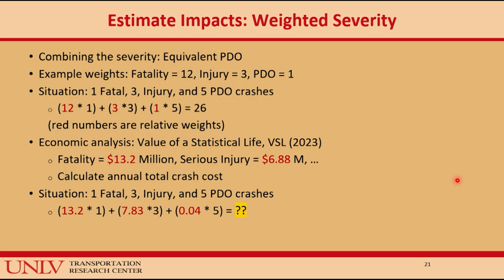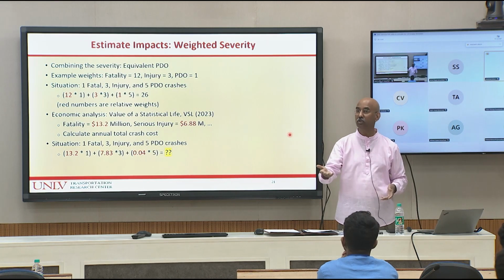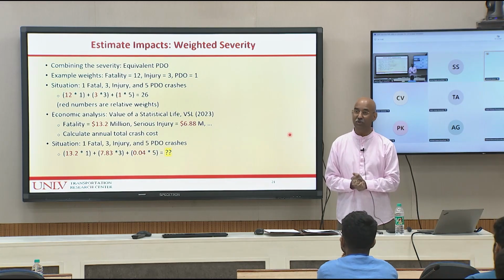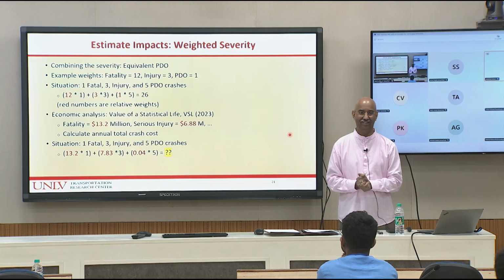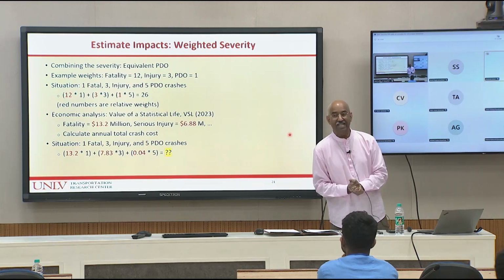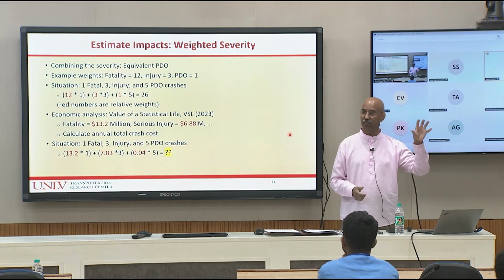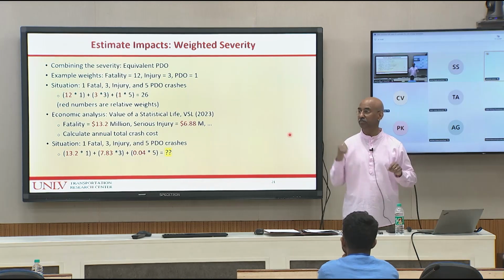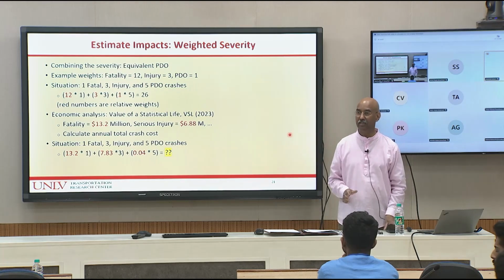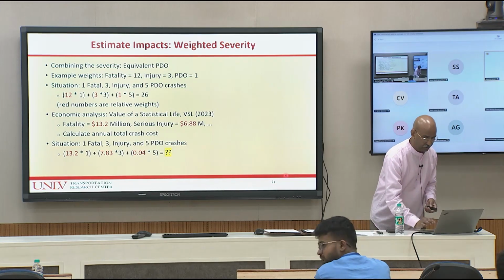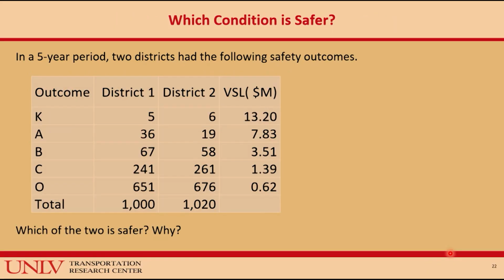So typically these are used for benefit cost analysis, and this could be used by government agencies and NGOs to determine where they want to prioritize their activities or investments. Oh, it's used extensively. And in fact, in the US federal government, they require that we use these VSL to document when we put in an application for funding. We have to use this methodology for the safety analysis. Did I answer your question? So this was 36.9 or something, yeah.